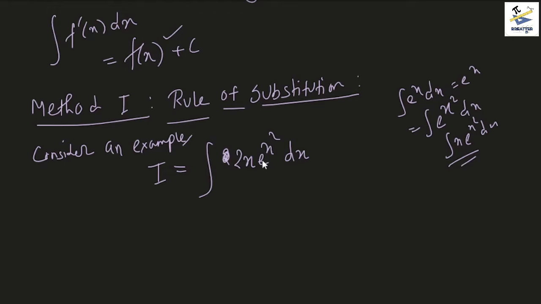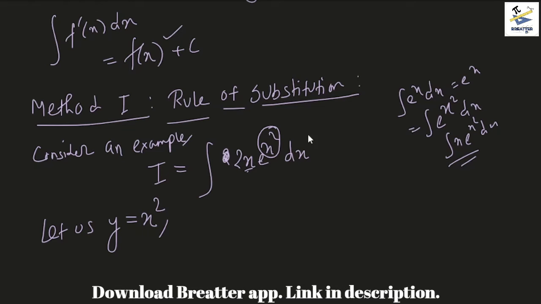If it were e to the power x only, it would have worked, and if this x were somehow magically gone. So this x squared term needs to be substituted. How do we do that? We just substitute it. Let us introduce a new variable y, which equals x squared, right? Now y equals x squared alone would not give you an answer, because you cannot just substitute it as